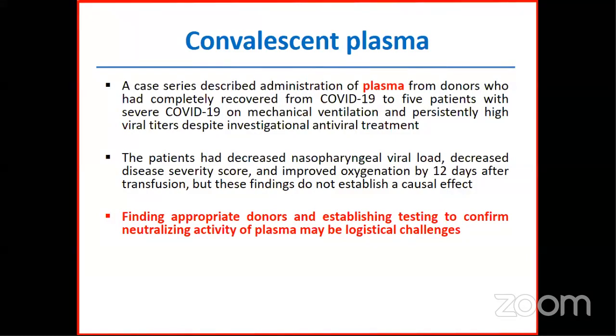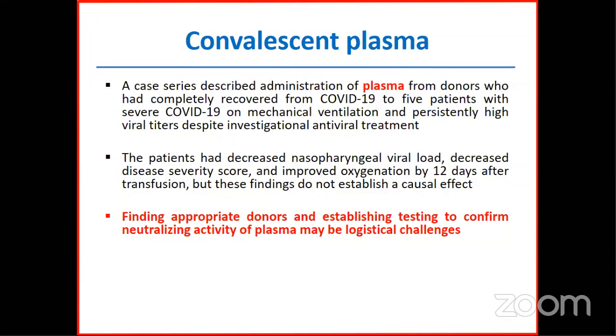And it's a hopeful thing, but we have only small data regarding this, only small studies with 19 patients and 5 patients, but the data was good regarding moderate to severe patients. Some of them were intubated and recovered, but unfortunately we cannot start till now with this because of a lot of